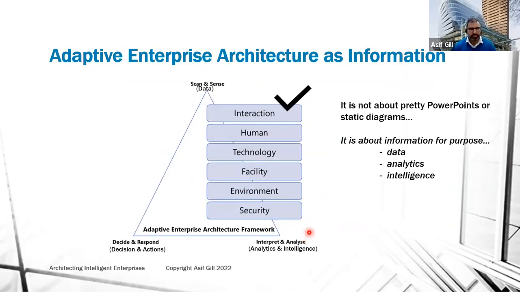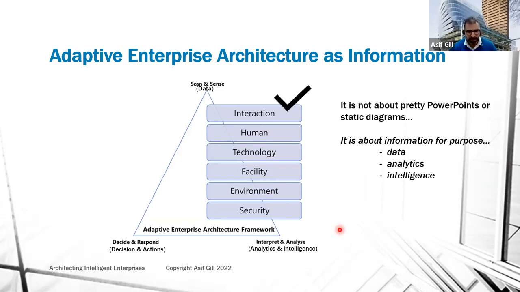As I mentioned, in this particular presentation I'm only focused on the interaction layer, and you will find later on, because there's a lot to cover if I go across all the layers, and this layer also interacts with every other layer. So that probably makes sense to me to just explain that. But what's really important here is that, one, you consider the enterprise operating in an ecosystem, but also look at that from an intelligence point of view. We need to look at adaptive enterprise architecture as information.